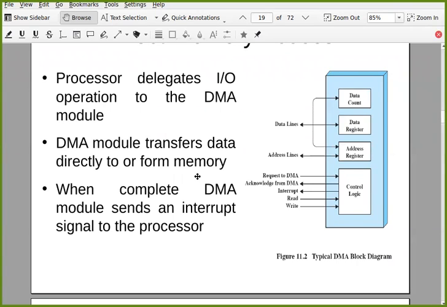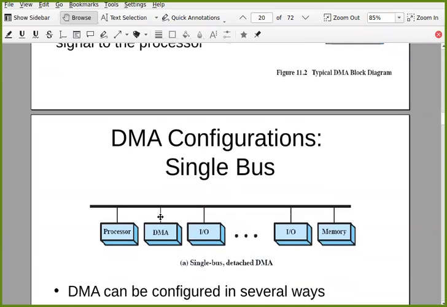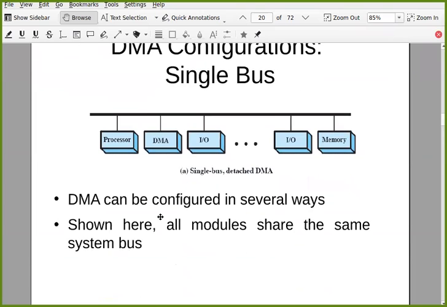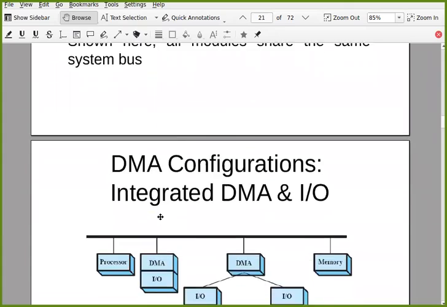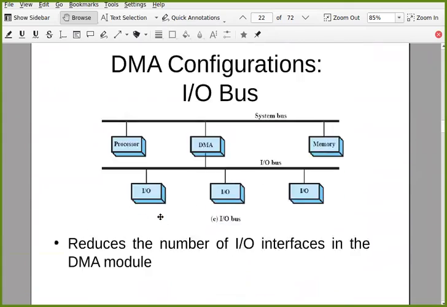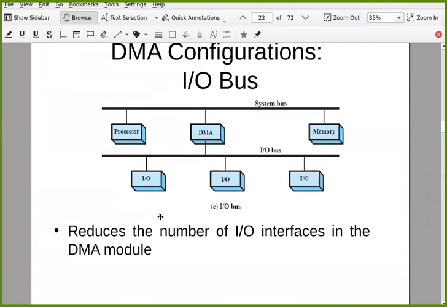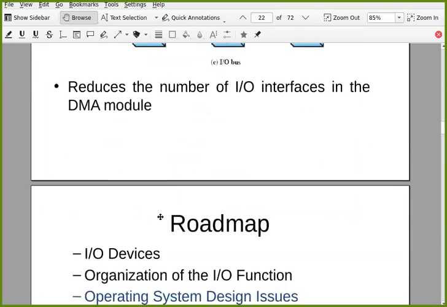You have a full-fledged IO processor, which includes DMA also. When complete, the DMA module sends an interrupt signal to the processor. You may have different DMA configurations, but let's not get into the detail of this hardware part. How this DMA gets organized is not our concern right now, so I'm just keeping these three slides.